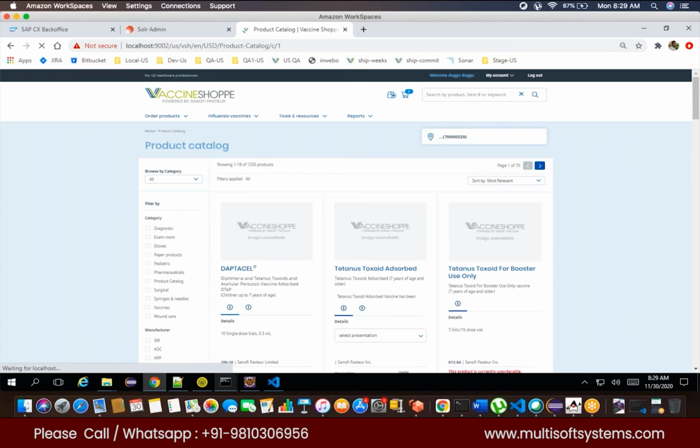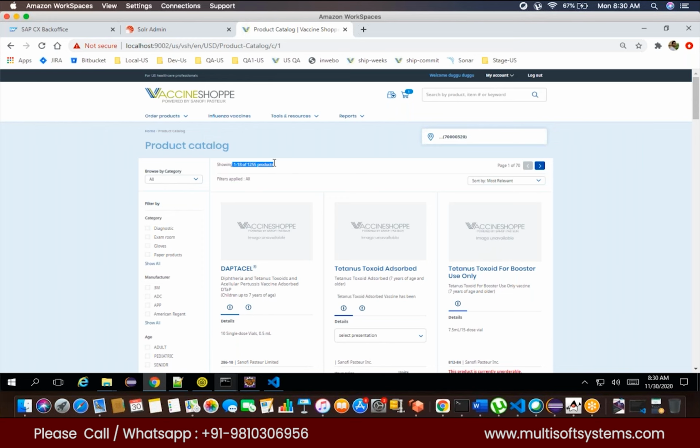What will this search page object do? I will configure my PLP conditions over there. Like in PLP, I want to show all the products in pagination, and each page should have 18 products. So each page should have 18. You can see here, 1 of 18 of 1225 products. So I want to show